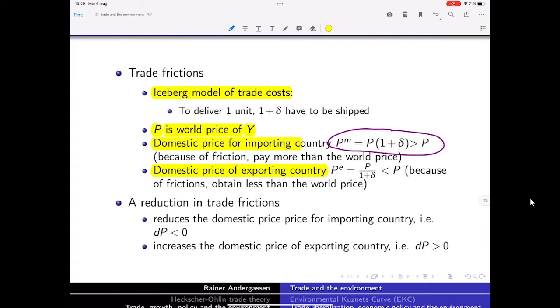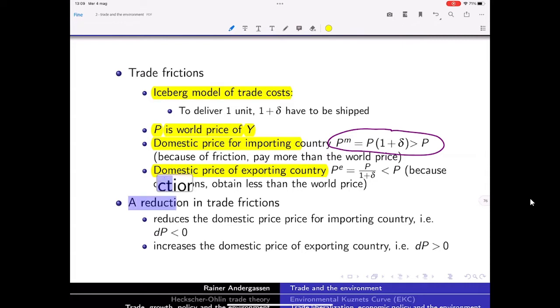These transportation costs lead to a wedge between what the exporting country gets and what the importing country has to pay. The importing country pays a larger price, and the exporting country gets a lower price because of these frictions. So this is important in order to understand the results we're going to see, because here we are going to study